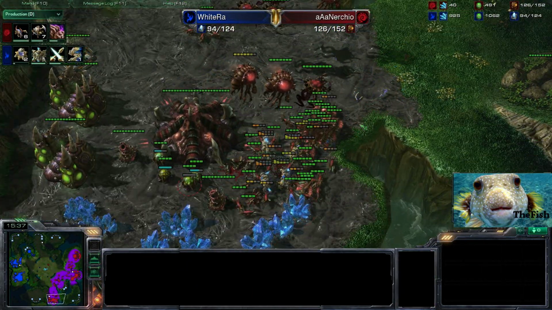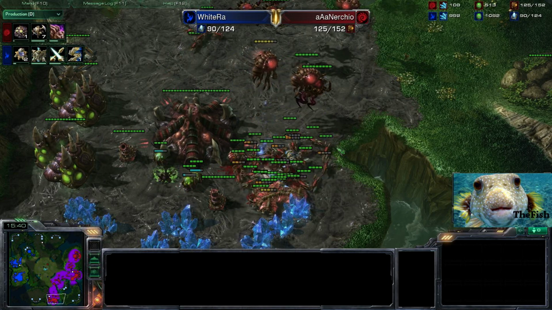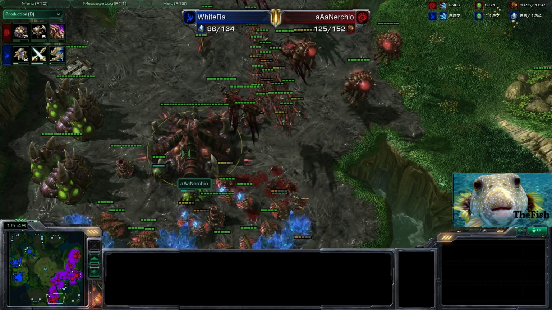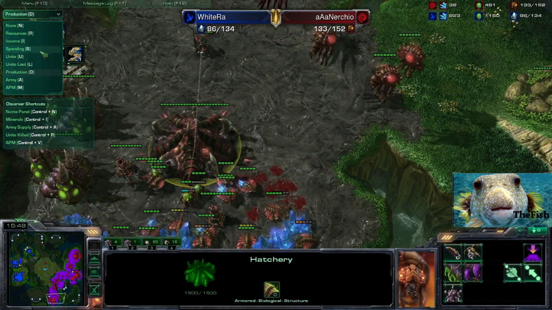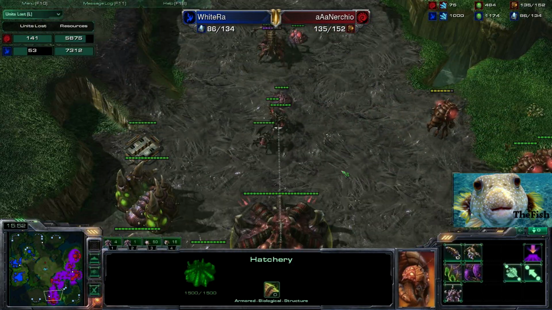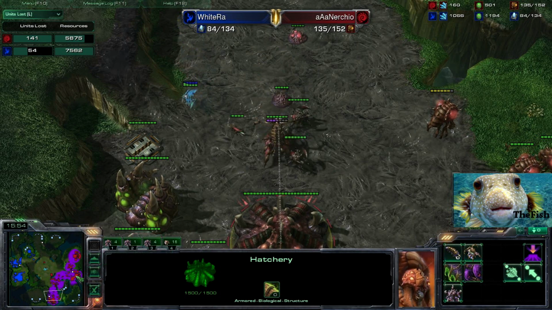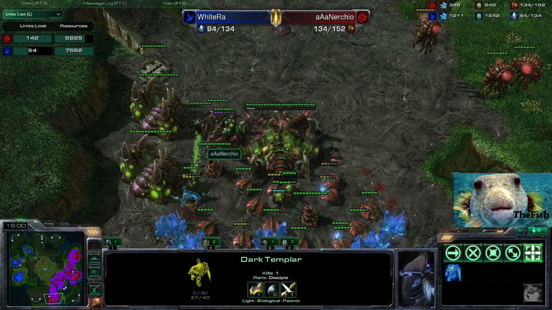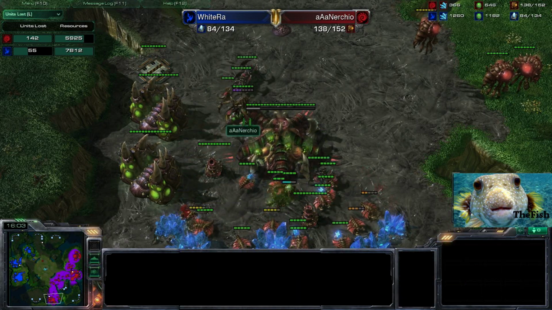Sorry I missed that, guys, but he did manage to harass this drone line. He didn't take out too many, it doesn't look like. Let's check the units lost tab. So it's actually going to be favoring our Zerg player a little bit. WhiteRa's lost a lot of resources and units, and I'm not really sure why he tried to come in with